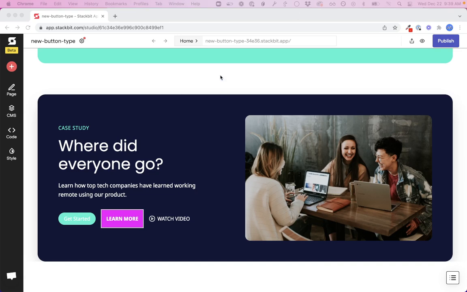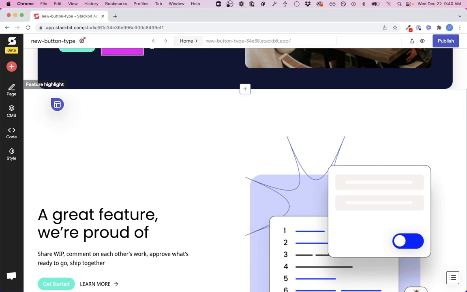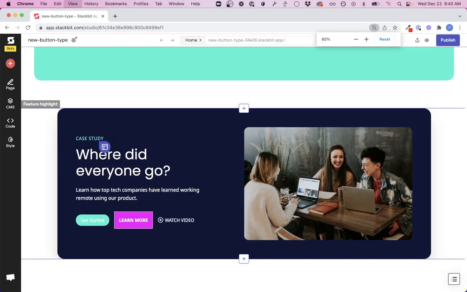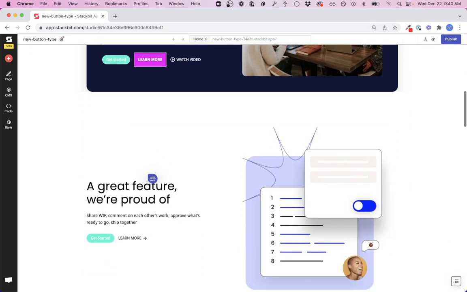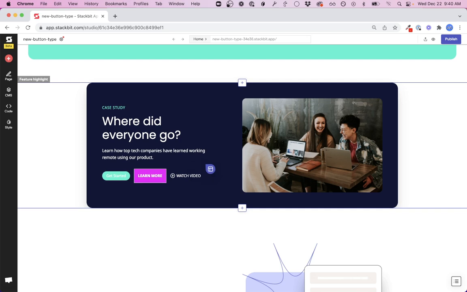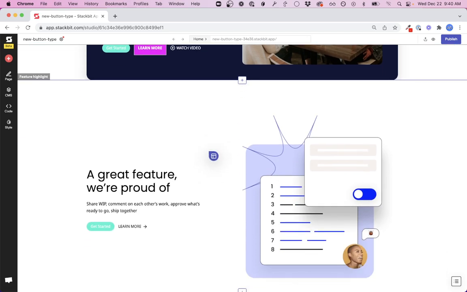All right, let's talk a bit about how to change the style of a component. So right here we have a feature highlight, and down here we also have a feature highlight. See that feature highlight and then see feature highlight? But they look really, really different. If I zoom out a little bit, these don't look very similar at all. They're very, very different in their look and feel, which is cool because you have a lot of flexibility with